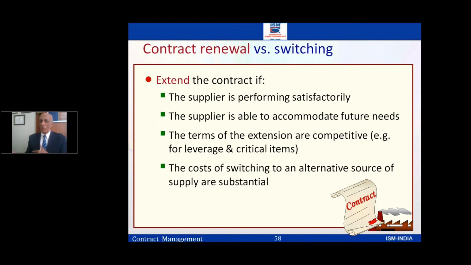Sometimes I have to switch to a new supplier. Let's say I'm working in an automobile company, I'm getting the headlamps, which are normal halogen lamps, but now I feel the market is only looking for LED lamps. I would like to switch over the supplier. I would like to switch over the supplier for many other reasons as well. The supplier is not performing well to my expectation. So all these parts are contract management. I've given a contract for a year, but then after a month I find the market has changed, my product I need to improve on. So I may change the contract.